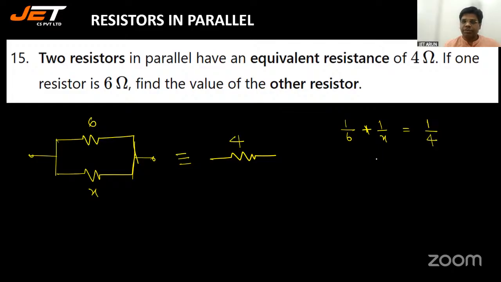So I will do 1 by x equals 1 by 4 minus 1 by 6. So that would be 6 minus 4 by 24. So that would be